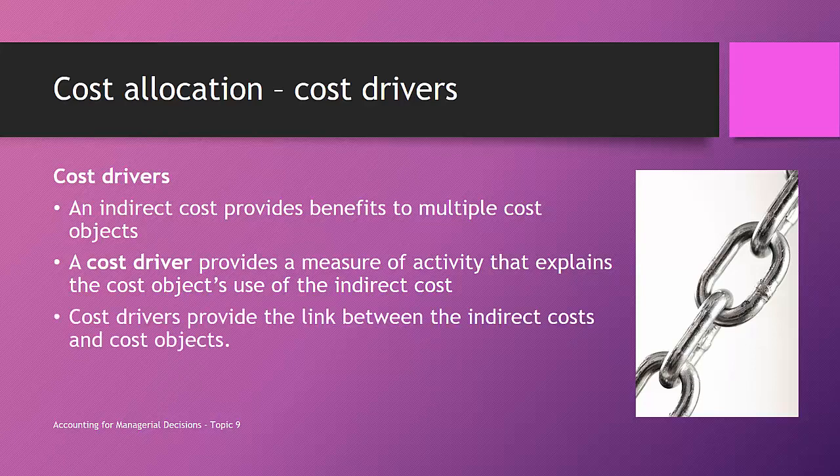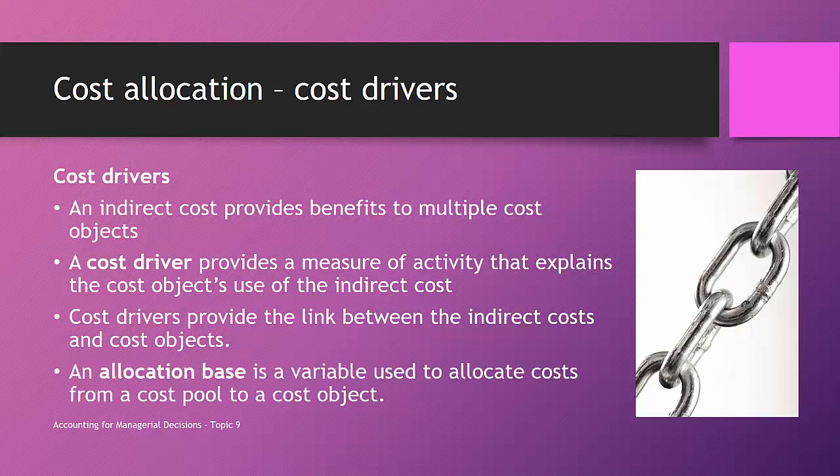For example, cost drivers provide that link between indirect costs and cost objects. And so what we need is some sort of allocation base, and that allocation base is a variable used to allocate costs from a cost pool to a cost object. So we're starting to bring in all these different terms, and we're going to see a couple of different examples here,